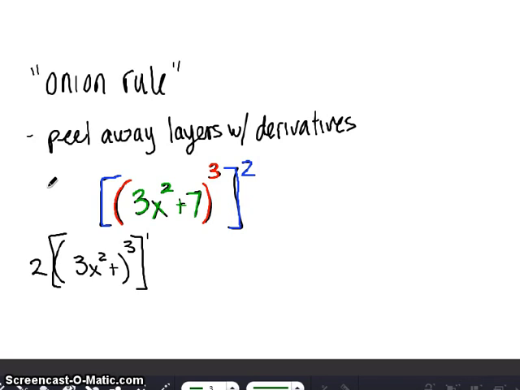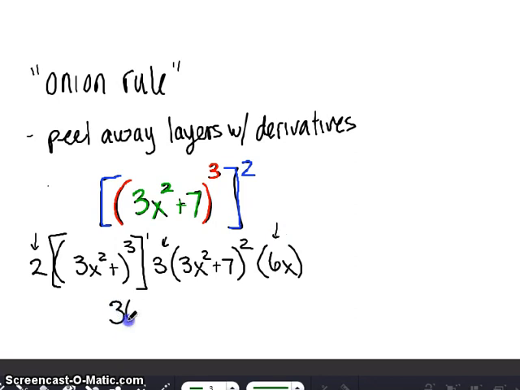Now I want to take the derivative of the next layer in, so the red layer. Green layer stays the same. Then the next layer in is the green layer, so take the derivative of the green layer. And unsimplified, that is our derivative. Now obviously we can combine some things. We have a 2, a 3, and a 6x, so that's going to give us 36x,